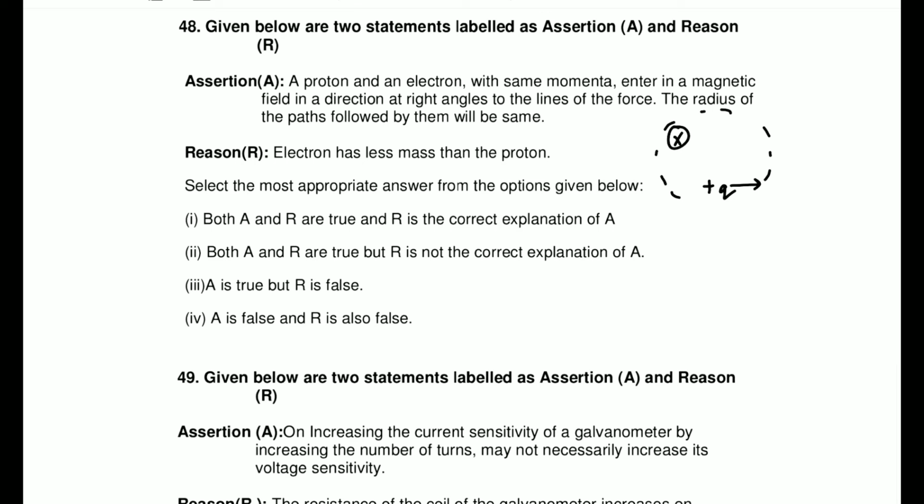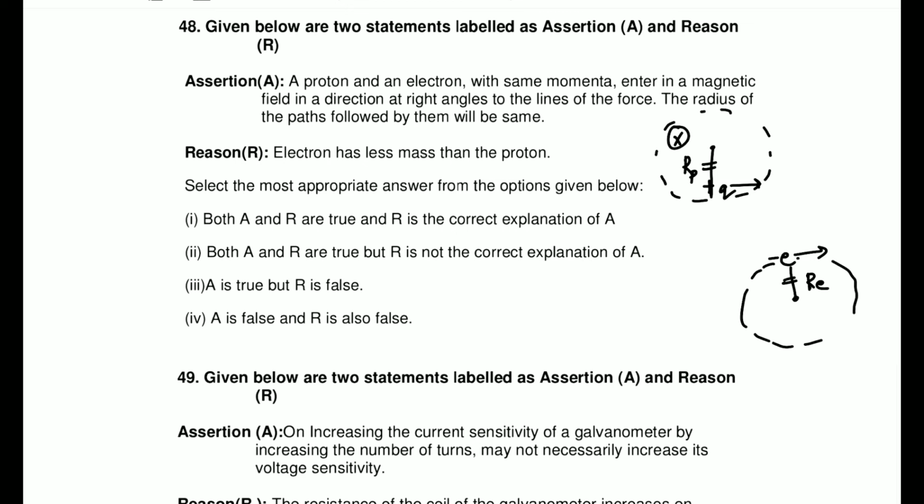So obviously this is going to do a circular motion which will have some radius, let's say the radius of your proton particle, right? Very similarly, on the other hand, if you have an electron, then obviously the electron is moving like this, it will also be in circular motion, but this time the direction will be different. So let's say the electron has a radius of the path to be r_e, right?